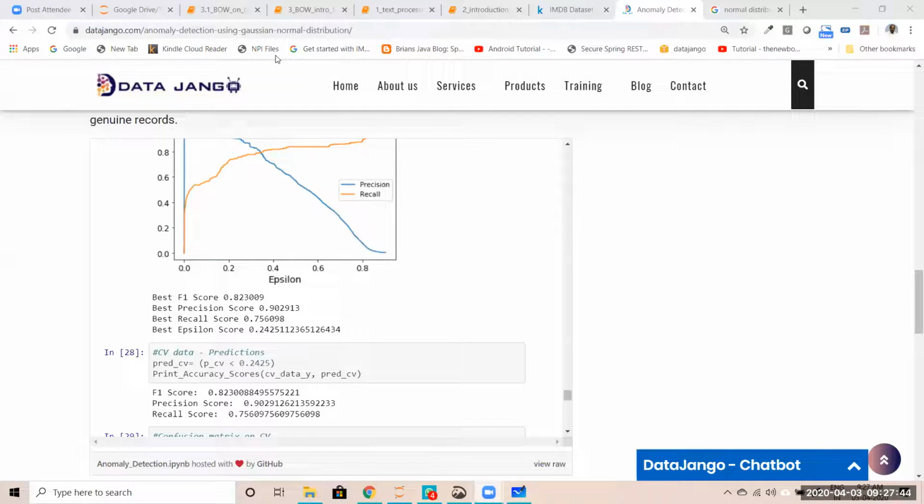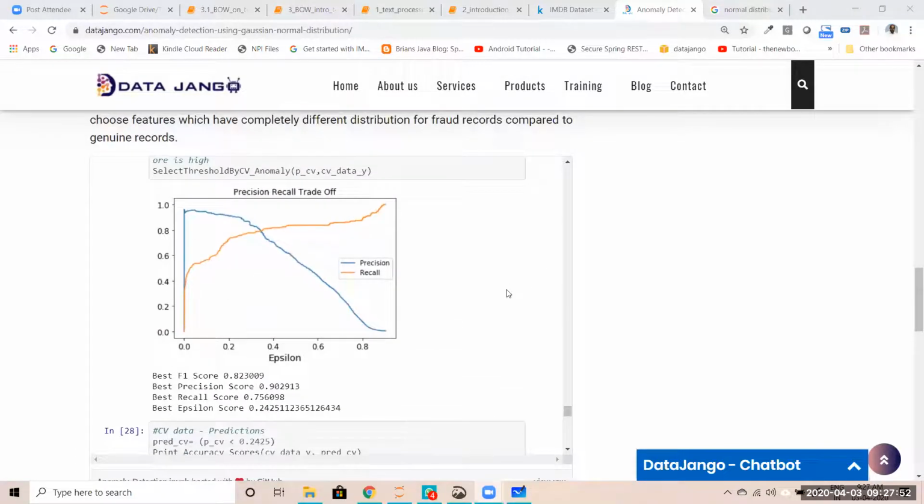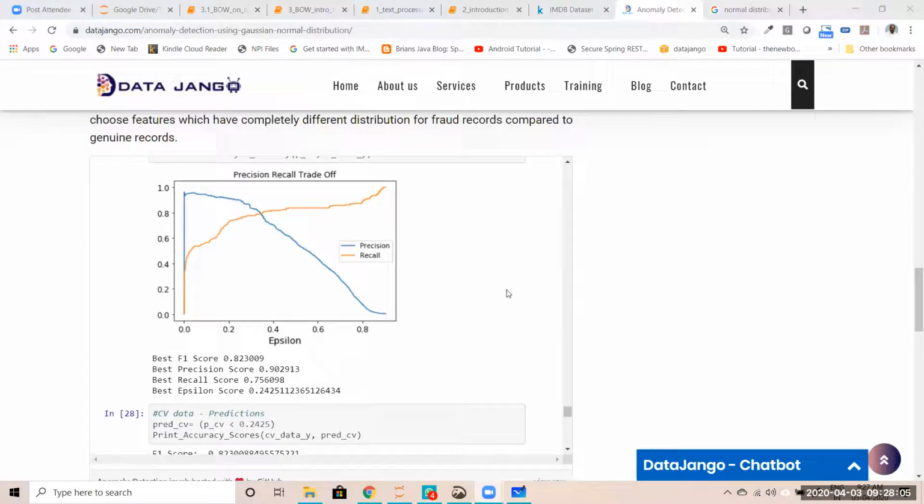You know it, but I'm just trying to explain it like that. Here the problem statement is that we need to find the fraudulent records. There are only 432 fraudulent records. So while training, if you are able to find all the fraudulent records present in the training set as fraudulent,